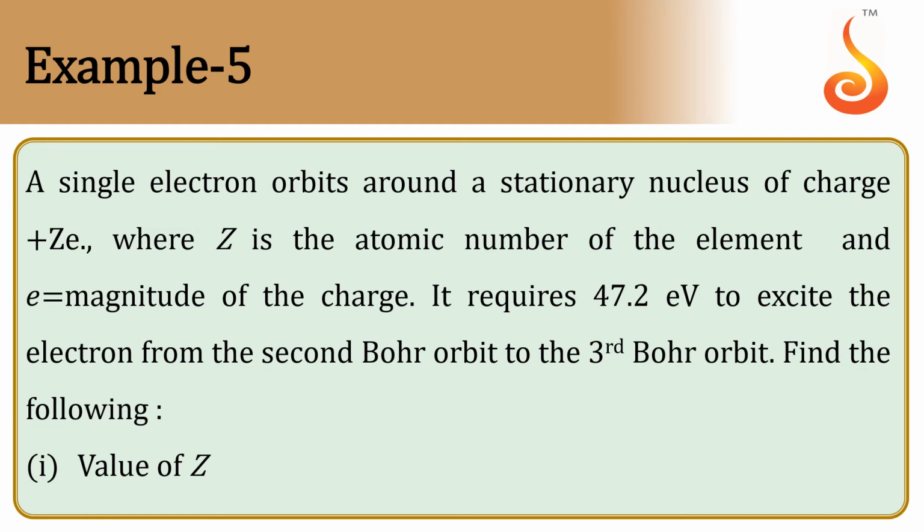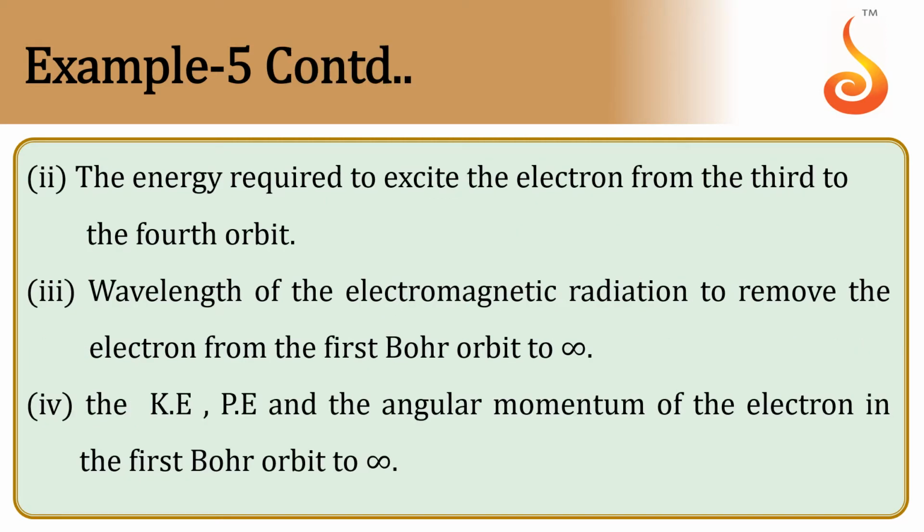A single electron orbits around a stationary nucleus of charge Ze, where Z is the atomic number of the element and e is the magnitude of the charge. It requires 47.2 electron volt to excite the electron from the second Bohr orbit to the third Bohr orbit. Find the following. Option A, the value of Z, and second option, the energy required to excite the electron from the